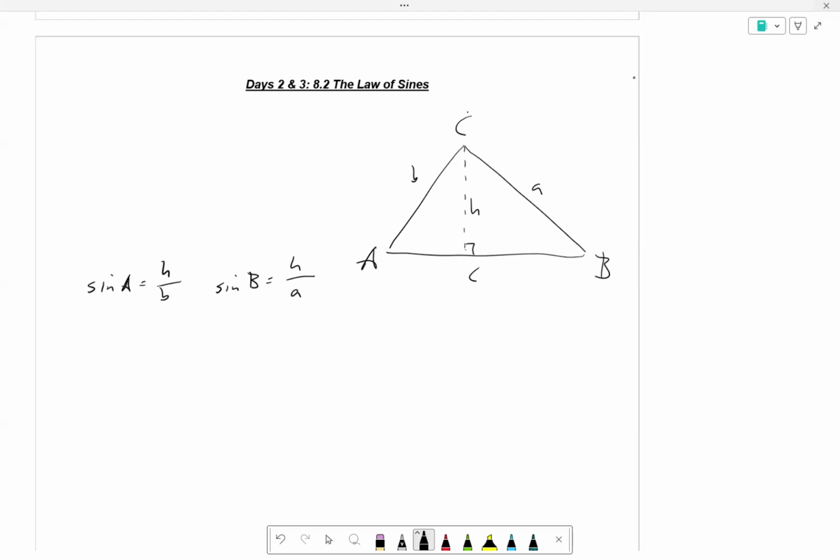And I'm going to combine them because they both have H. So we know that H is equal to B sine of A, and H is equal to A sine of B. So from here, B sine of A is equal to A sine of B. Yay! So just like with the warm-up today, this could be rewritten as a proportion. What I'd like you to do is go ahead and copy up until this point, and then I'm going to open a window so it's not 1,000 degrees in here. Maybe we could bring it down to 912.